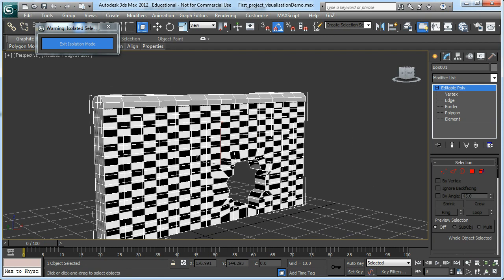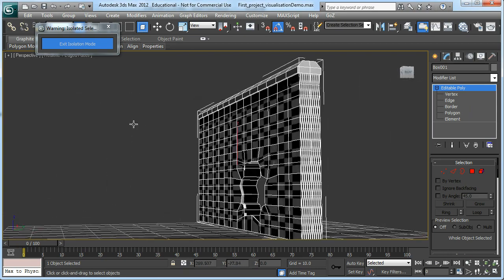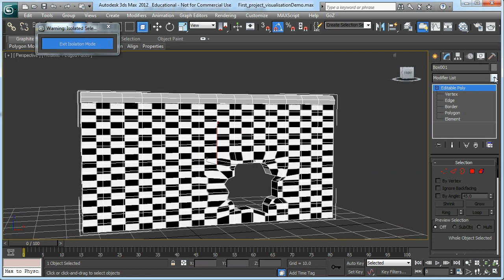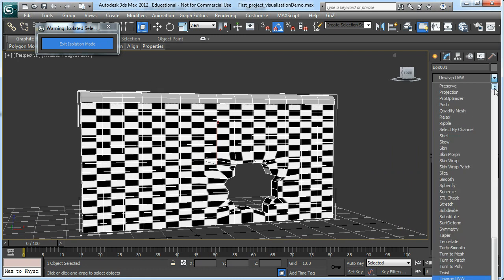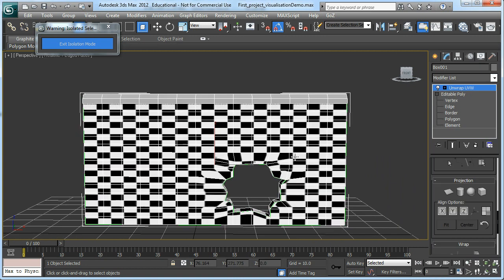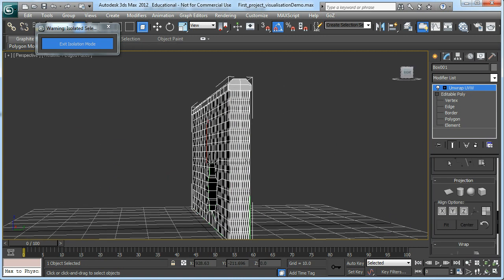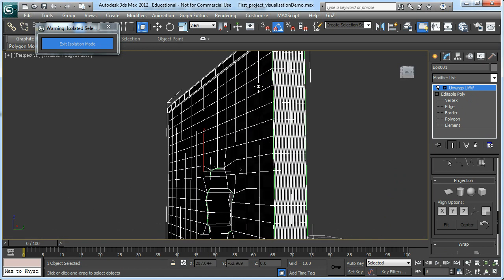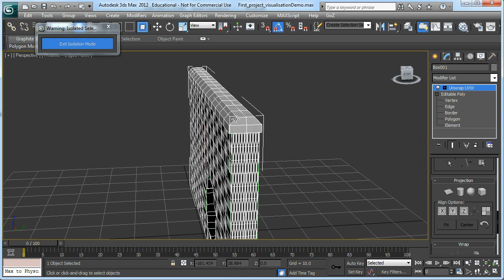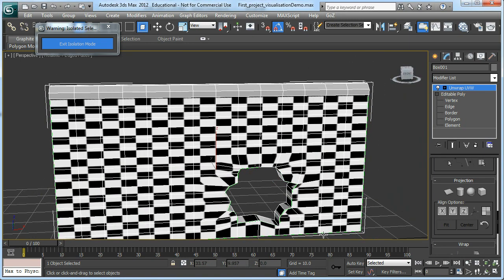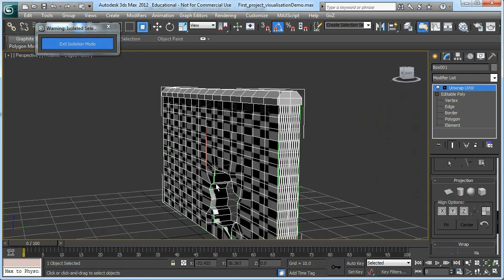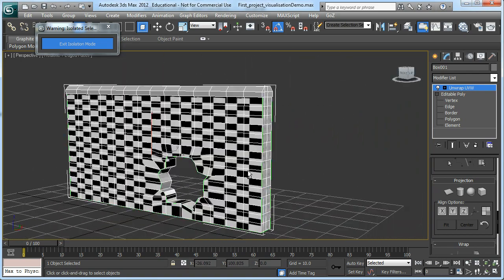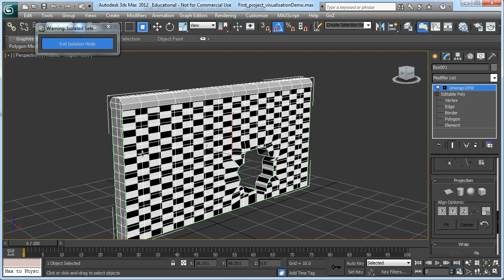Okay, let's talk about this topic. Okay, now I want to unwrap the UV of this wall. There's a really simple technique. First, apply the UVW unwrap modifier, but this technique is only going to work if it's a boxy shape. If your model got the 90-degree angle or 45-degree angles, okay. But if your model looks like a circle, like a barrel or something else, it's not going to work. It's really going to work on the boxy shape, not the primitive shapes. Okay,